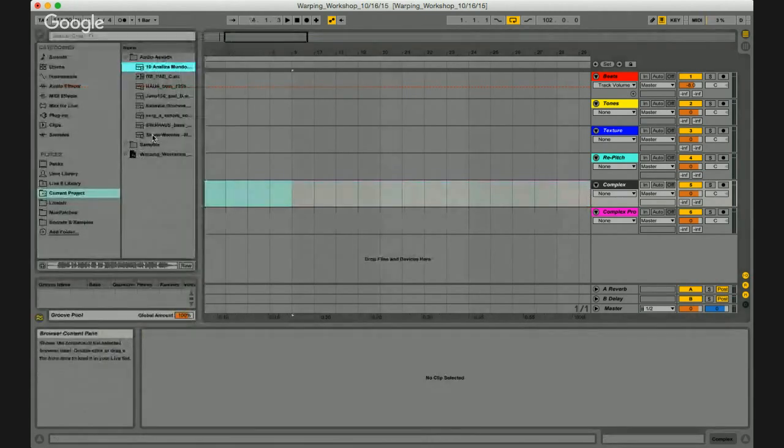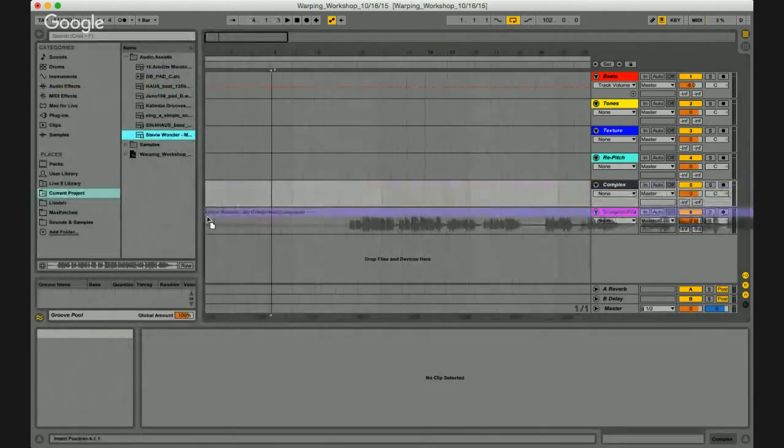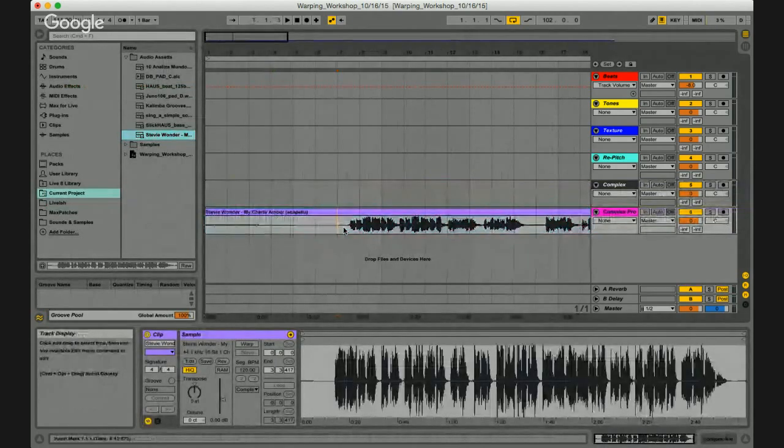And this is where we can actually start to control what frequencies are being recreated as we warp certain things. Complex Pro is also going to be the best if we want to pitch things up and down, particularly with vocals. When you want to take a vocal and pitch it to be the right key of the song you're using, or if you want to take someone's vocal and pitch it really far down so it's really low, or pitch it up really high, this is the best way to